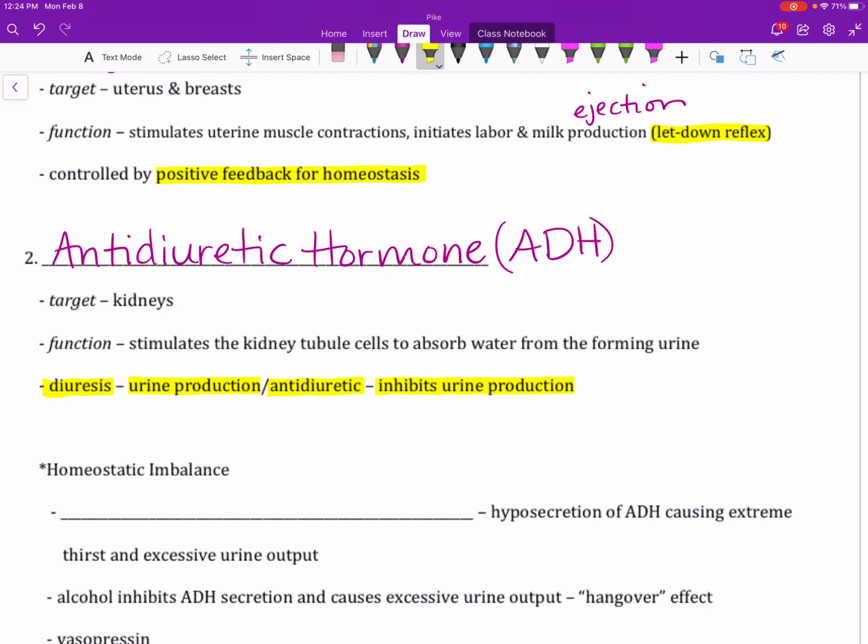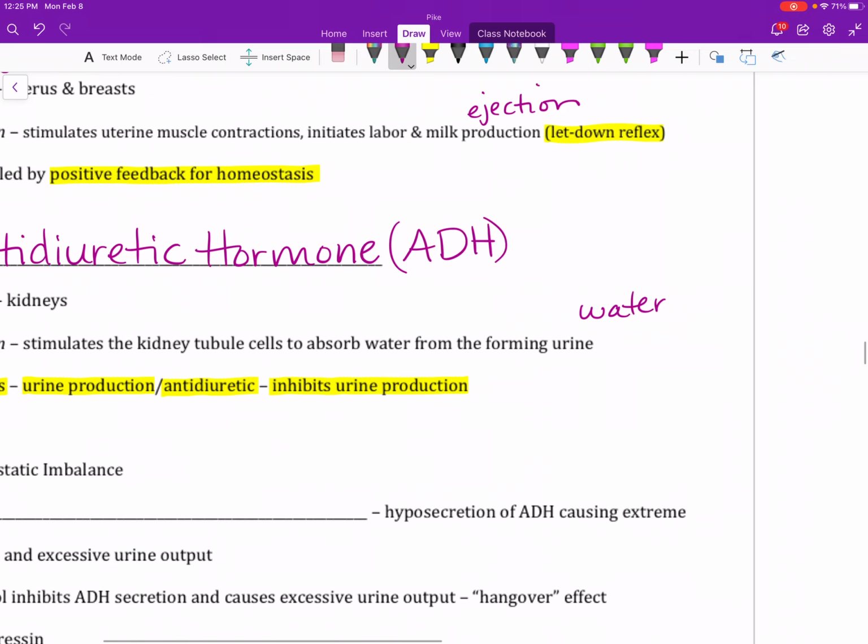Our water balance is really low, so that's messing up our solute concentration, our sodium and potassium levels. So that makes your electrolyte balance go way off. So this hormone is an antidiuretic. It doesn't let your kidneys take all the water out of your body, okay? So the function is it stimulates the kidney tubule cells, the tiny tubes in the kidney, to absorb water from the forming urine, to bring your water, the whole point is to bring your water balance,